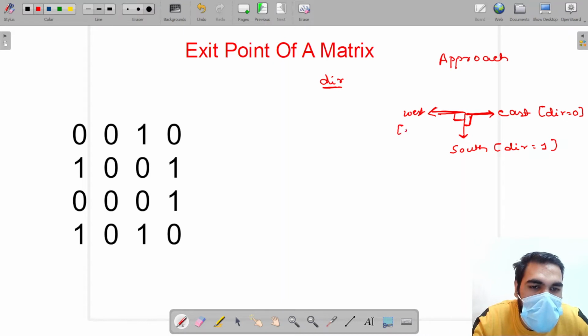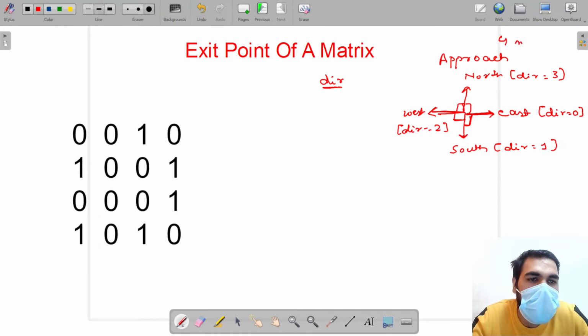Here the value of direction becomes 2, because when you encountered 1, you added 1 to it. Then again, if you encounter 0, you move in the west direction. But when you encounter 1, you again take a right turn, so you move in the north direction, and your direction value becomes 3. So you have only 4 major directions in which you can move.